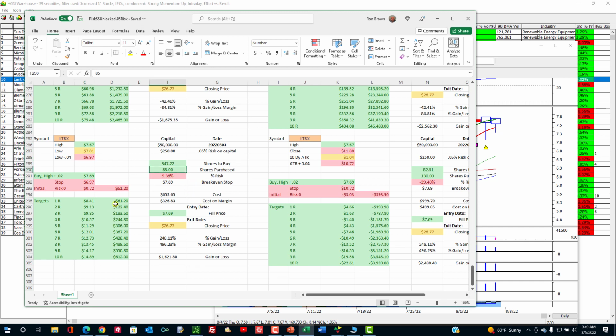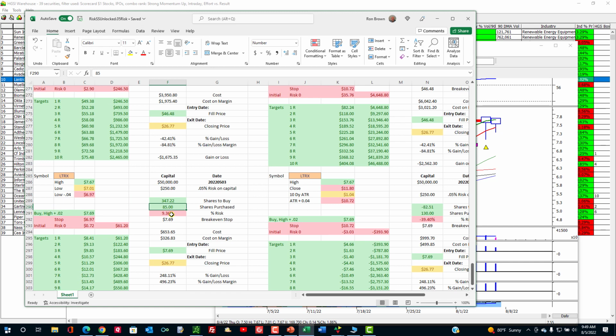And if I want to risk, let's see, what is that? 9.36% risk, 50,000 capital. It says I can buy 347 shares. If I buy 300, you can see that I'm risking $216. So if it hits 769,